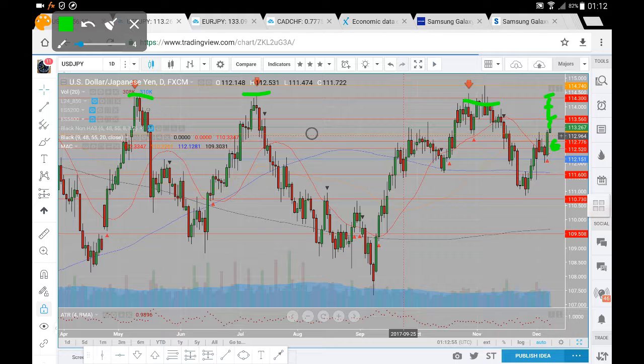Now, on this daily chart, we've had these sell-offs, but this is potentially a higher low. So we've got a low down there, a higher low. It's higher than this low over here. It's higher than this low over here as well. So we've got these lows, but this is a higher low. So potentially, as we've mentioned in previous videos, once the level's tested several times, we usually see a break. So potentially on this occasion,